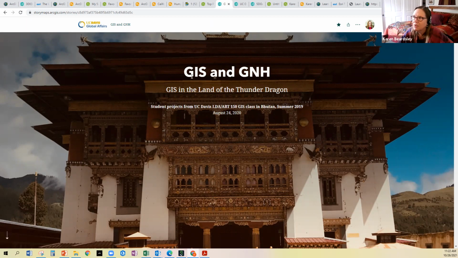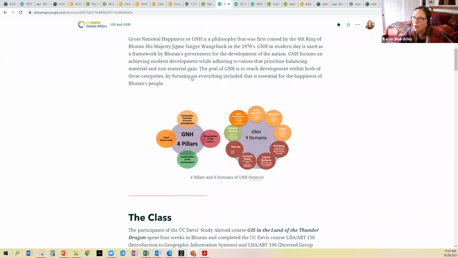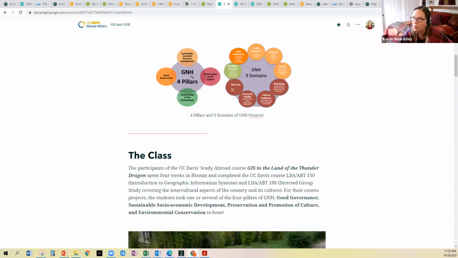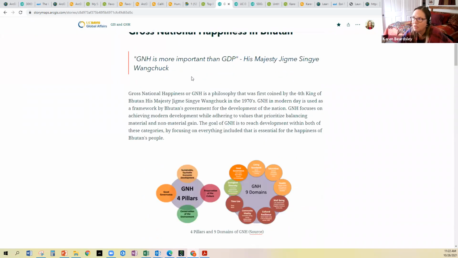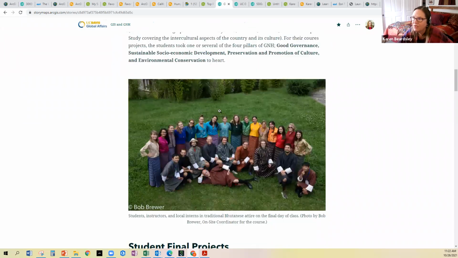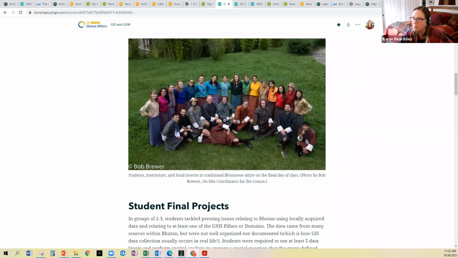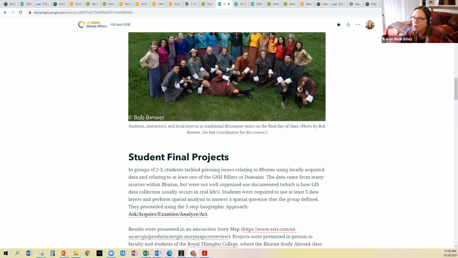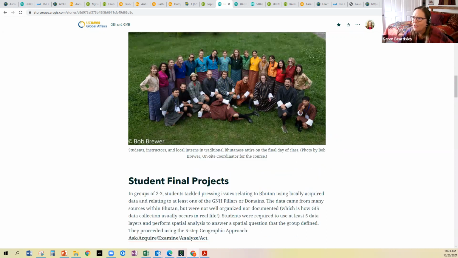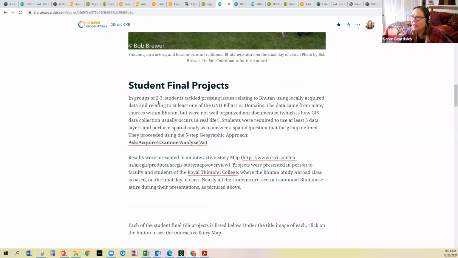So my students in Bhutan, we created a story map. Again, we talked about the country, what is gross national happiness. This is our study abroad class from 2019, all dressed in traditional Bhutanese clothing. Anyone know Bob Brewer? He comes along in a very important role as the on-site coordinator who helps me with everything, and he's lying down in the middle there. I don't know how he's the photographer if he's there, but in any case,